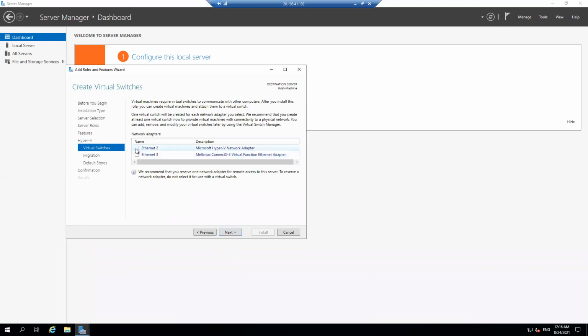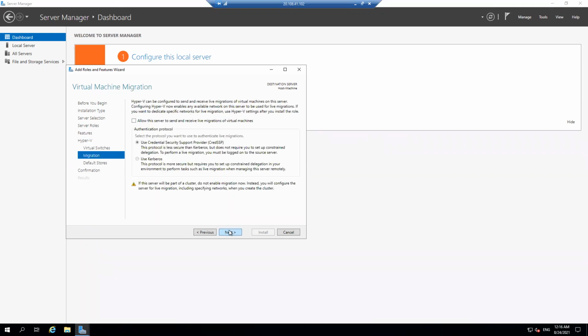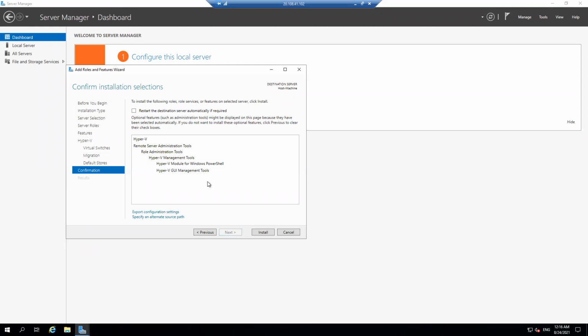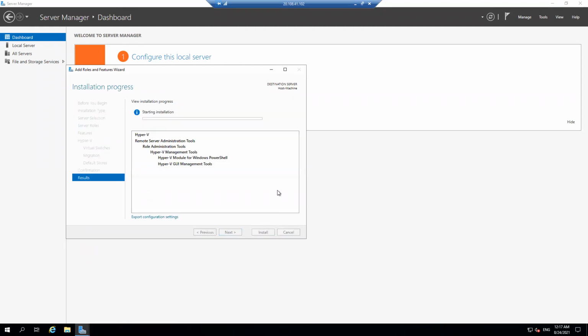Just go next. Oh, make sure you click these two, else you don't have any network connection. Yeah, leave this default setting. Restart destination server. No, just install it. While it's getting installed, let's